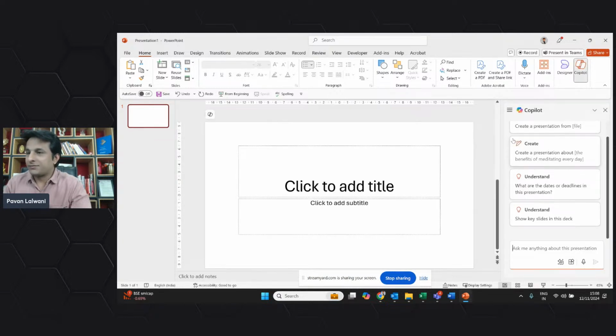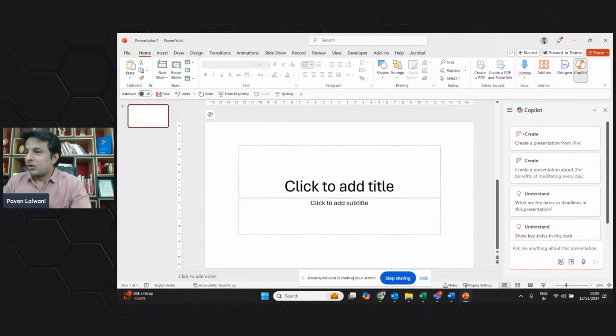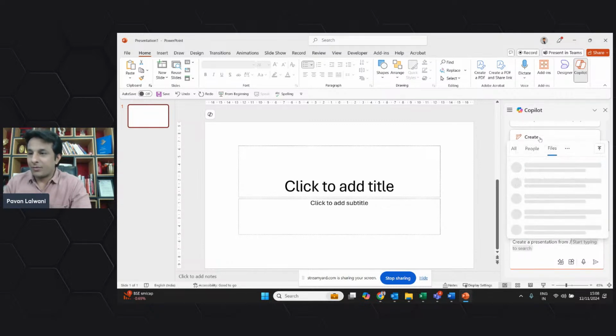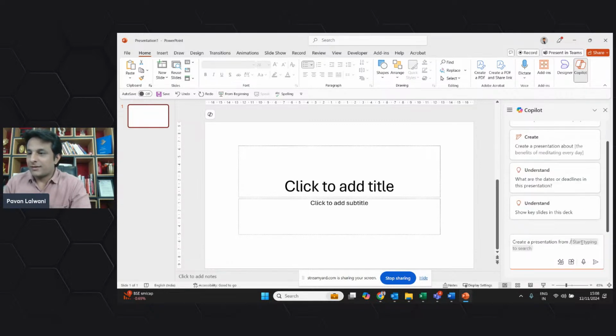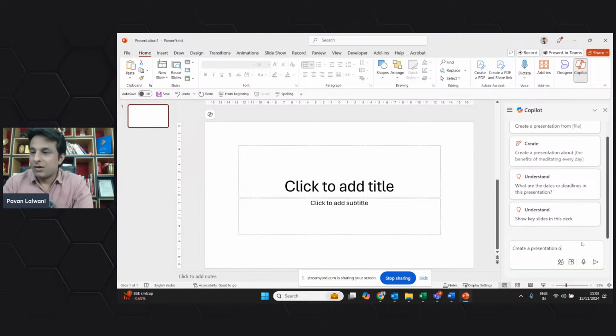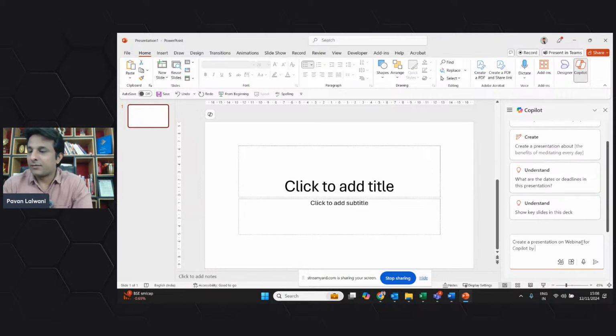And here I can do many things with this Copilot. I can create a presentation. I can understand the data. I can understand various things here. Now I will create a presentation on some topic in less than 60 seconds. So let me click on create presentation, and I want to write here: create presentation on webinar for Copilot by Pavan Lalwani